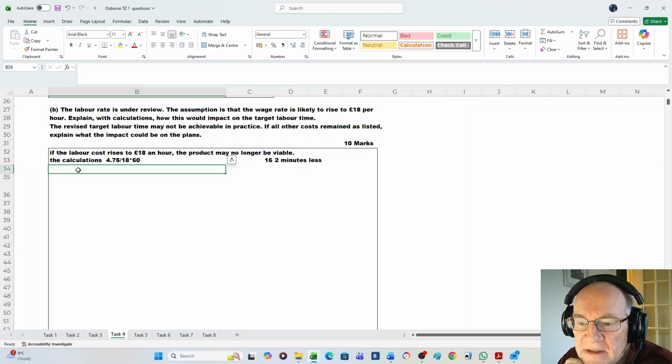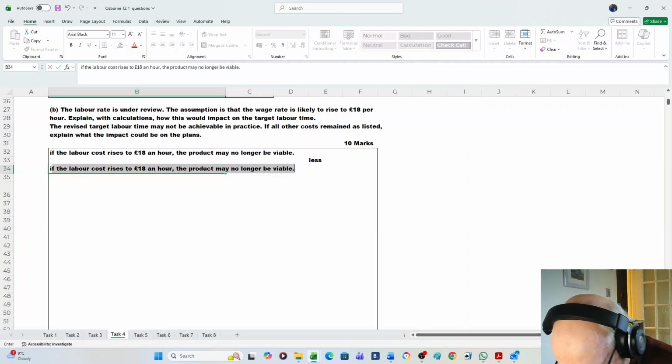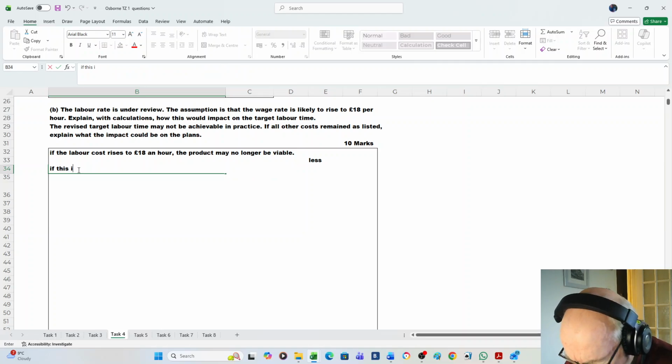And then turn it into full text. So we sorted that out. We've got to, because we've done the calculations and actually shown and explained that it's 2 minutes less. We've got most of the 10 marks there. The revised target labour time may not be achievable. So, if this is not achievable,